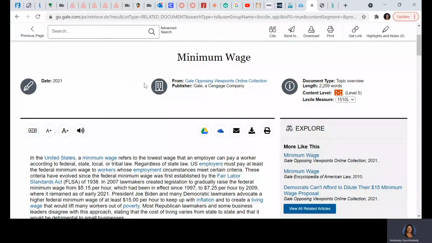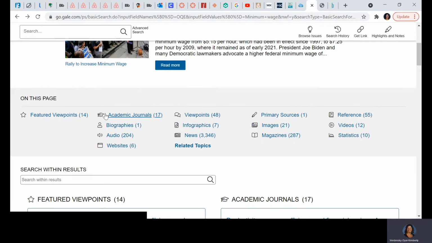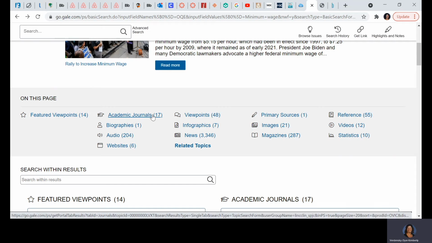Okay, so here we are back in the databases. If we go back to the previous page, our original search page, it shows us at the bottom here that there are 17 academic journals. Academic journals are written by professionals for other professionals. So the caliber of information that we're going to get is much greater. Okay, I would encourage you to use a variety of sources so that we're getting the really in-depth discussion in the academic journals,